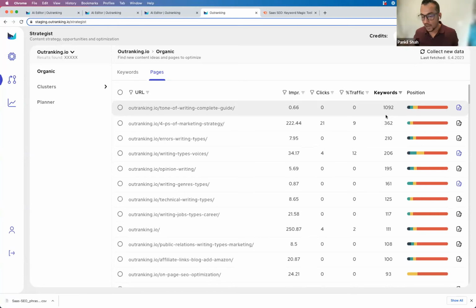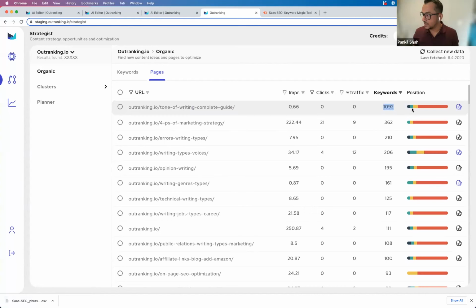But again, I don't know which of the keywords I'm ranking for on this particular page have a similar intent. That means that if I were to optimize this page for these 1092 keywords, I would be stupid. I cannot do that, because chances are that these 892 keywords you see over here in 21st positions are peripherally related, and you can rank for them very easily, because you have some sort of perceived authority in that area already, and Google is ranking you even though your content is not optimized for that keyword. So you want to pay special attention to this, right?